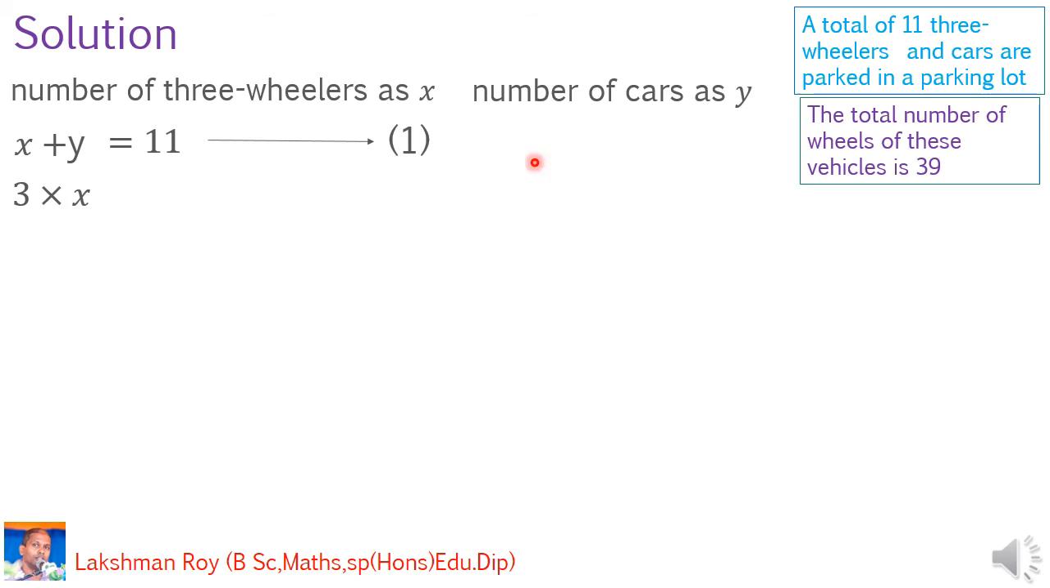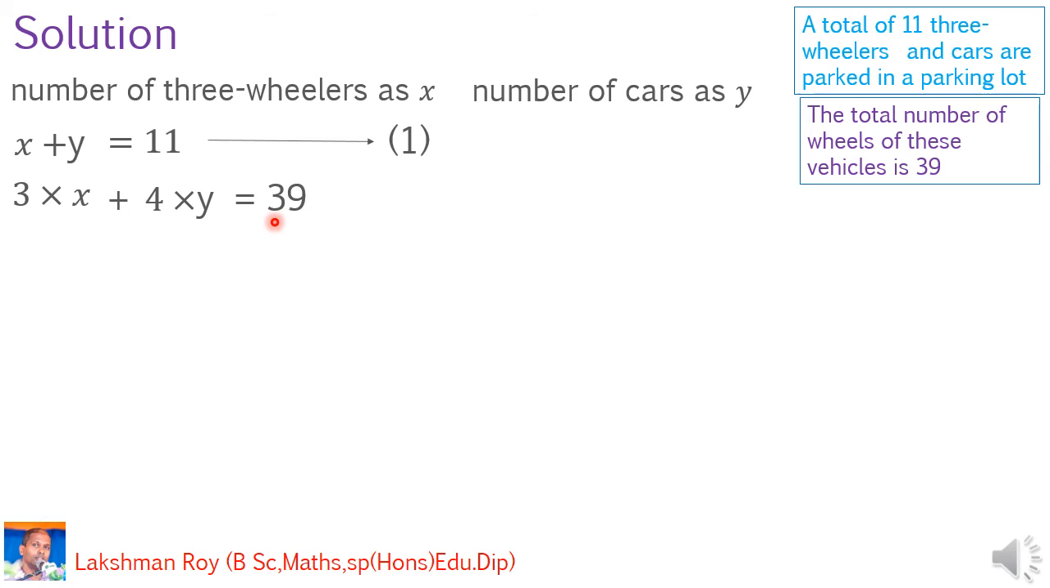Let's see how to write the number of wheels in cars. One car has four wheels, so you multiply by the number of cars y, and you get the total number of wheels in y cars. How do we take the total number of wheels in three-wheelers and cars? You have to add. This total they have given is equal to 39. So that is how to construct